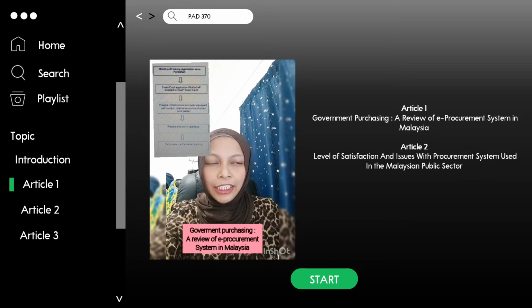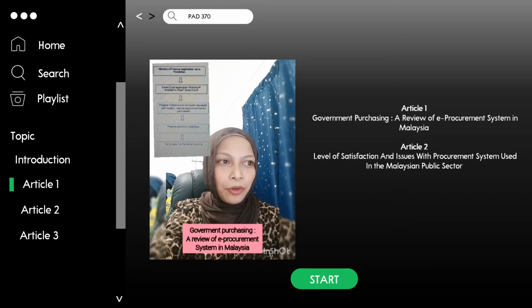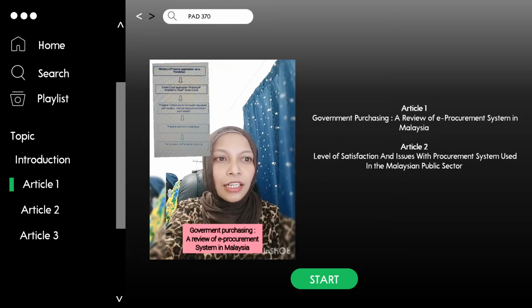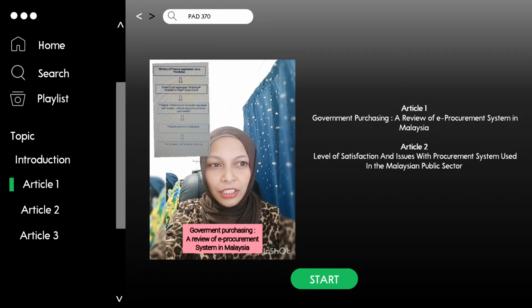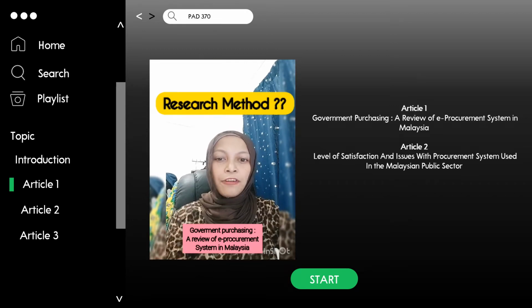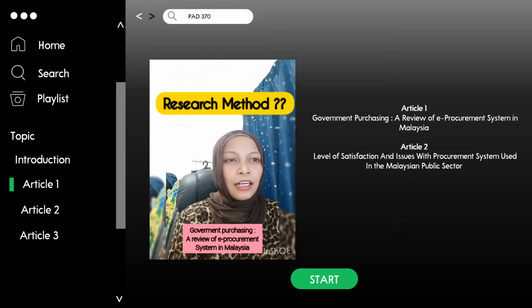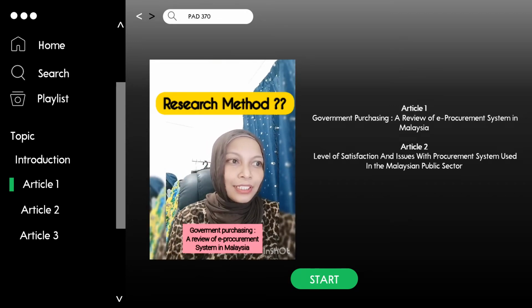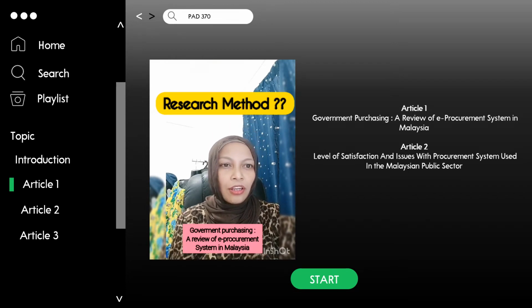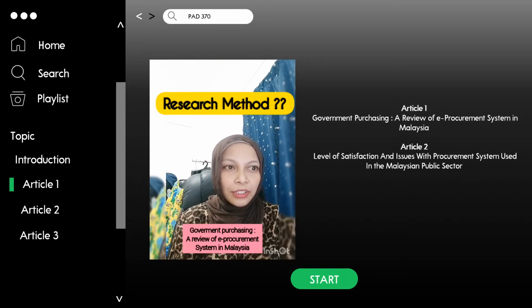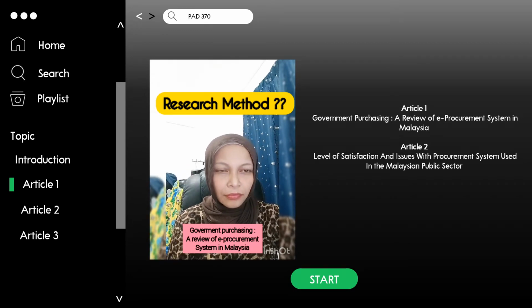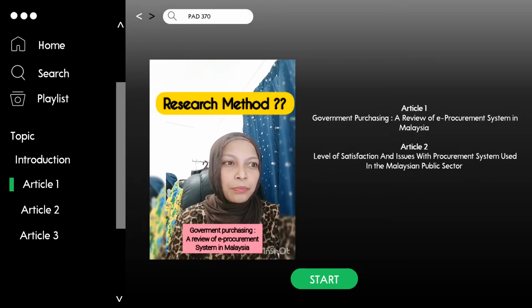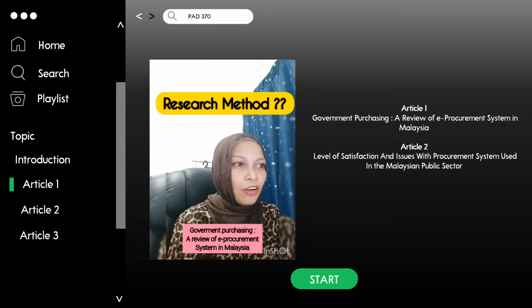Okay, the next picture shows the complete supplier e-procurement activation process. All government suppliers are required to register with the MOF if they wish to do business with federal government agencies and departments. Okay, for the research method, the study for this article review is using data collection method, and a total of 3,000 questionnaires were sent in October 2006 by mail to randomly selected suppliers. Factor analysis was performed for the purpose of validity and reliability of the questionnaire content.